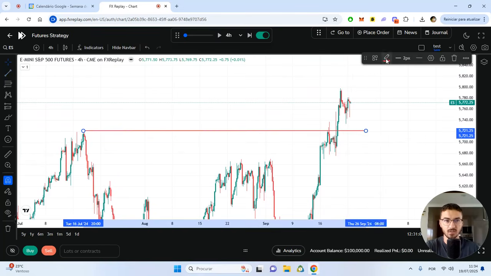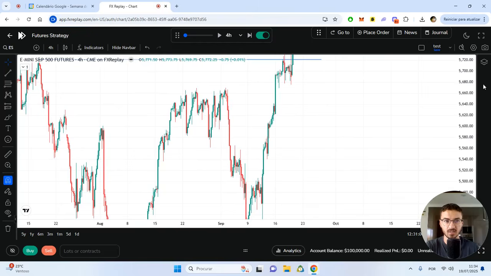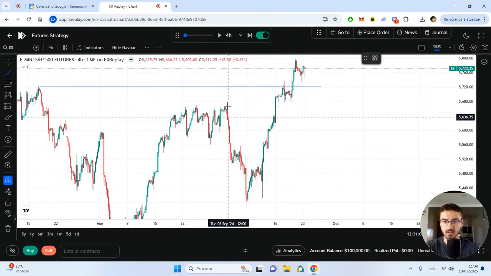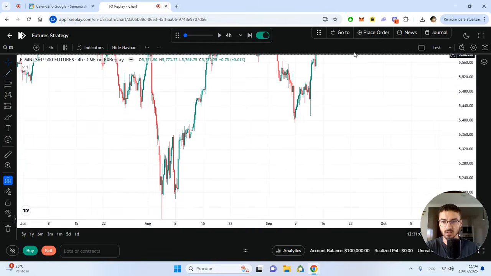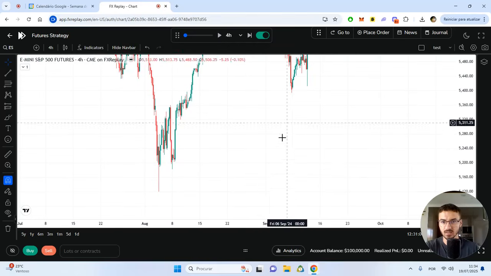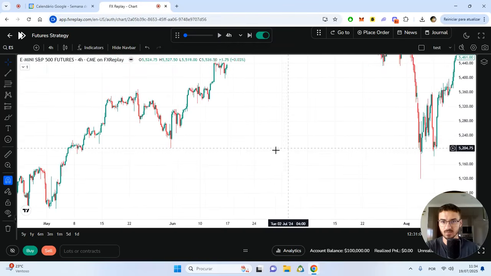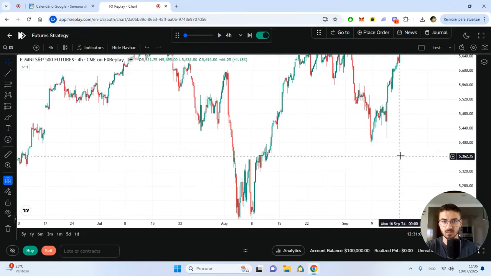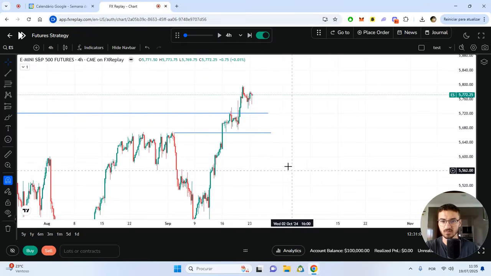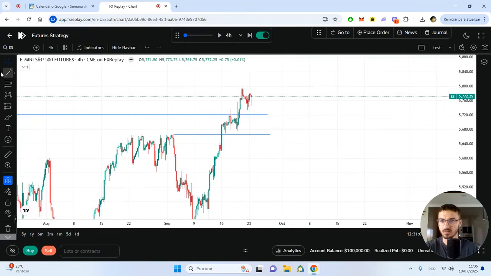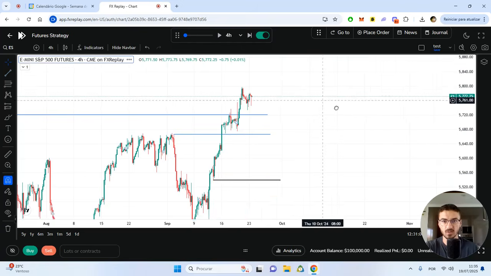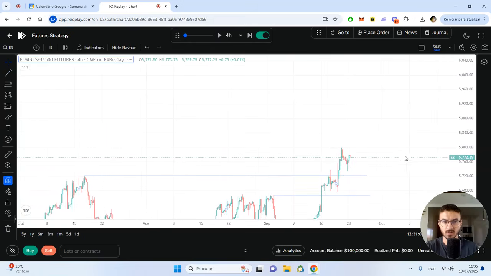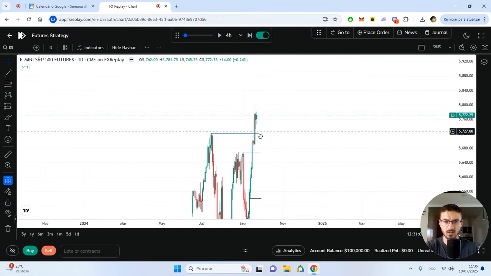I'm gonna identify some efficiency right here for price to come test out. There's another efficiency right here that price can come to and take out these inducements, right? These fake lows. This has tested this, but yeah, this has taken liquidity. I'm not sure we're going to these levels, at least in this backtesting session, but we can keep notice of this inducement as well, just in case. Let's see if we're in all-time highs. Okay, we probably are.